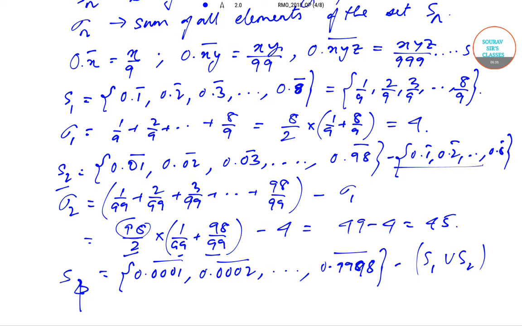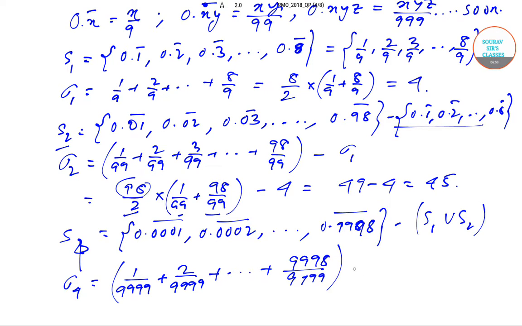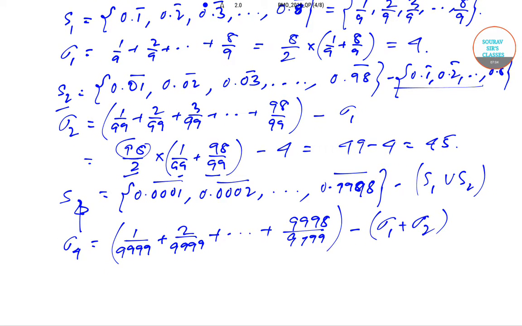Therefore, sigma 4 will be basically equal to 1 by quad 9 plus 2 by quad 9, and it goes on up till the number 9998 by quad 9, minus sigma 1 plus sigma 2. Okay, so now if we find this number, this will be 9998 terms divided by 2 into the first term plus the last term,